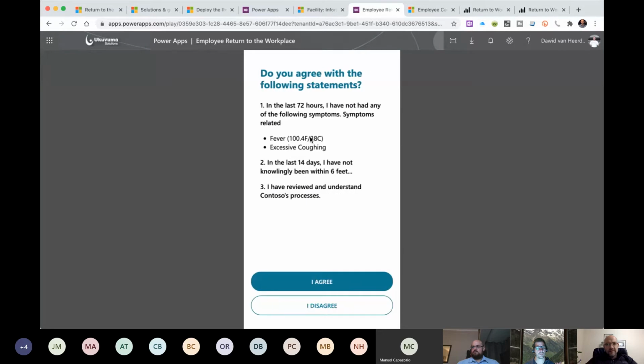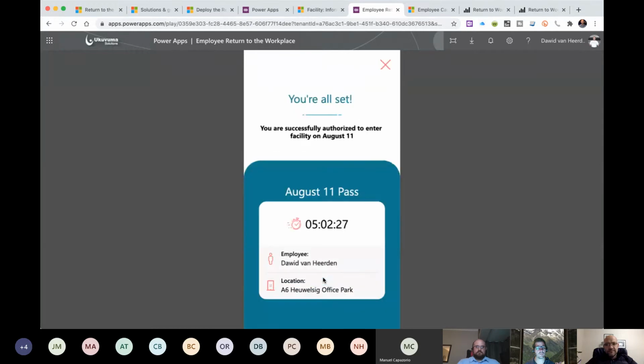If we go and accept that, it'll say, I need to say I agree to these 3 answers. And if I do, it's now going to say that I've got a pass for today. Right, so tomorrow I'm going to have to go through that same process, and all of those things are then logged in CDS and reported on and kept as decision support for people allowed to access the building.